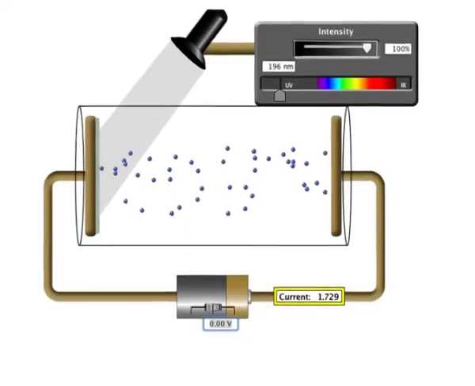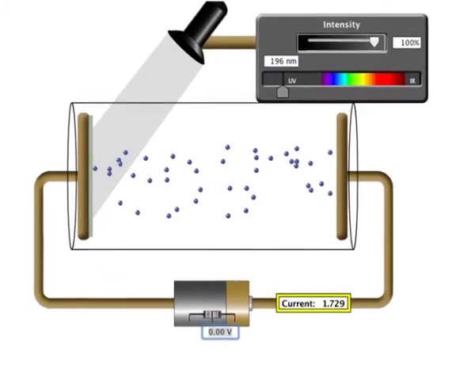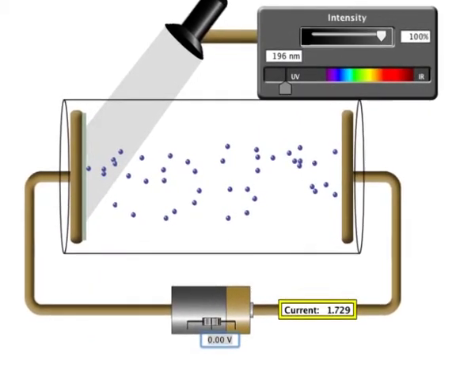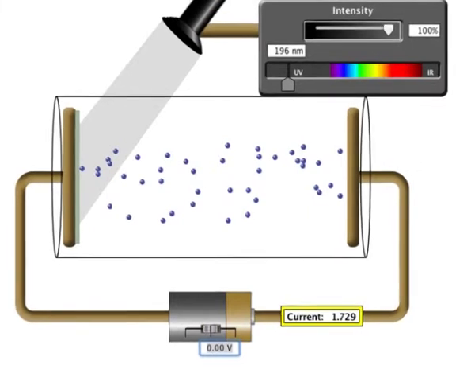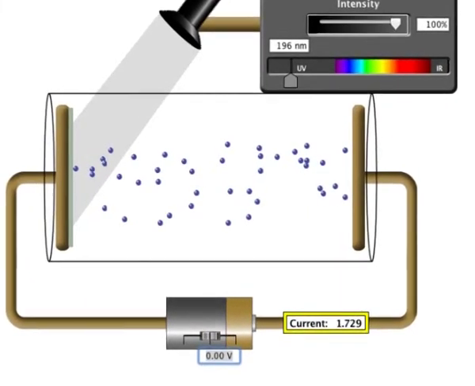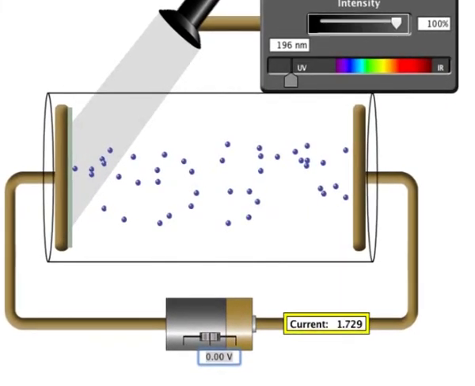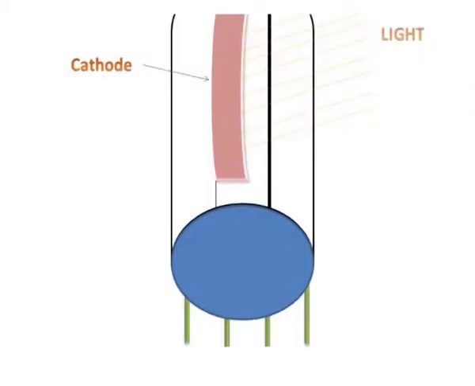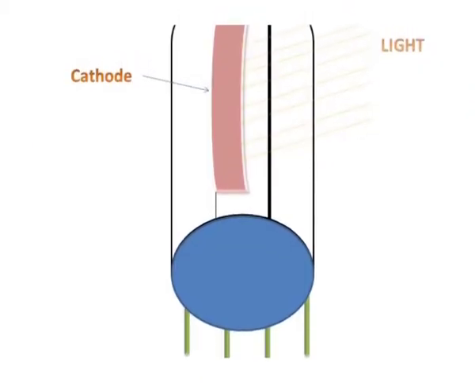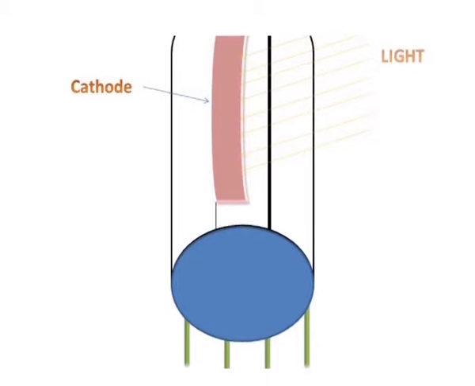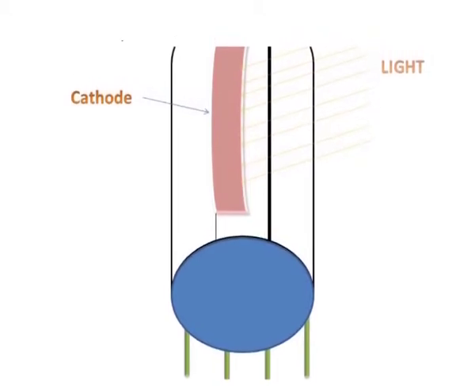A phototube or photoelectric cell is a type of gas-filled or vacuum tube that is sensitive to light. Such a tube is more correctly called a photoemissive cell to distinguish it from photovoltaic or photoconductive cells. Phototubes were previously more widely used but are now replaced in many applications by solid-state photodetectors.